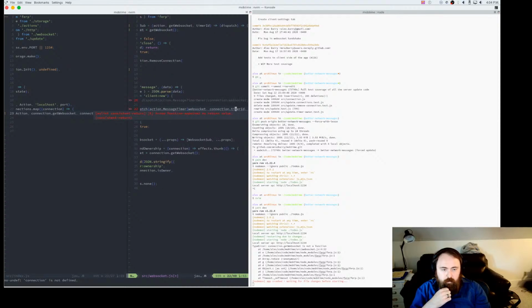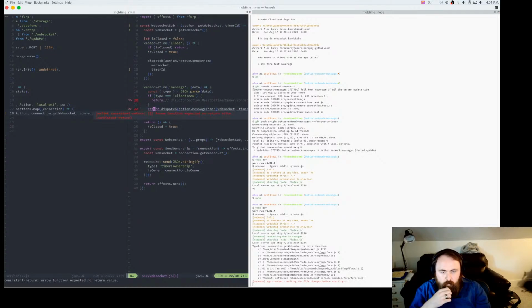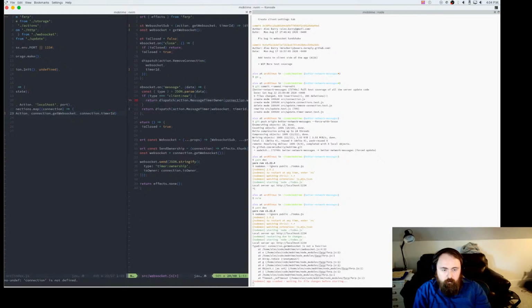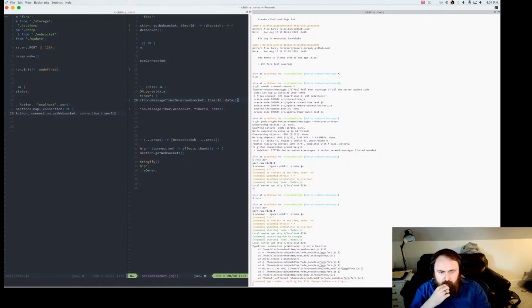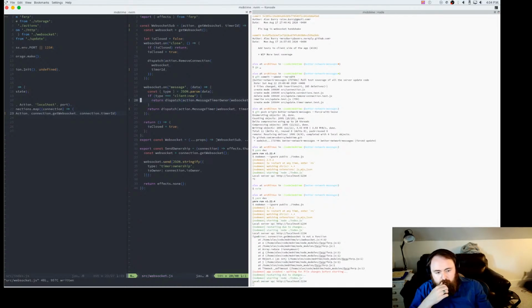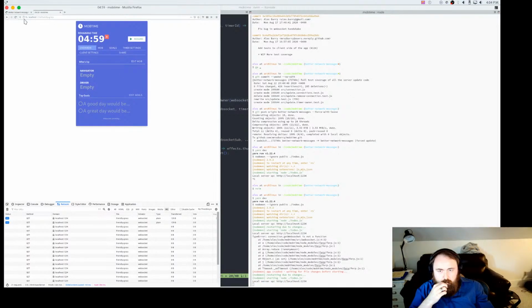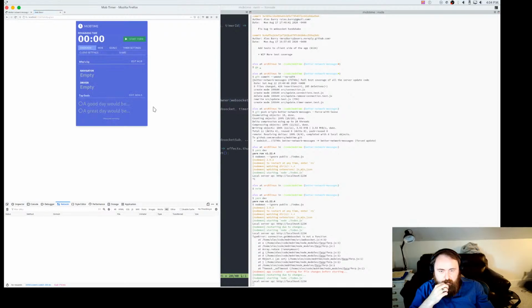So it's good that we found that. Wait, what is the problem here? Error expected no return value. Okay, well, let's bring this back. Well, that would have also failed, so that's weird. One of those, why does this work, and then how did this ever work?